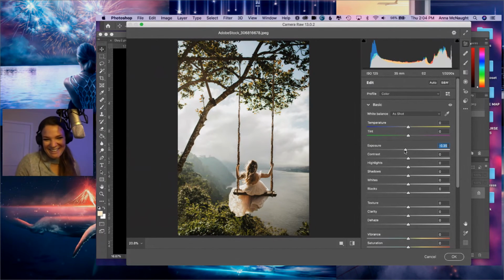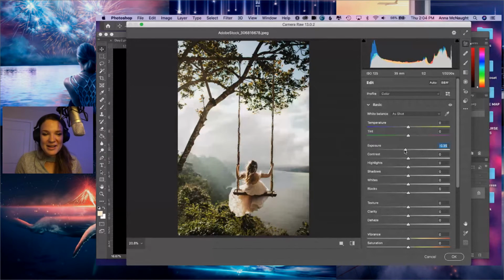Okay. So what I want to do with this one is kind of give it a bit of a moodier look. It already kind of has a really good moody vibe to it, but maybe we want to change the colors a little bit. And I can't see the chat, so I'm not sure if you guys are going to like this, but Jason will fill me in. So we're just going to play with this and see what we can do to the colors.